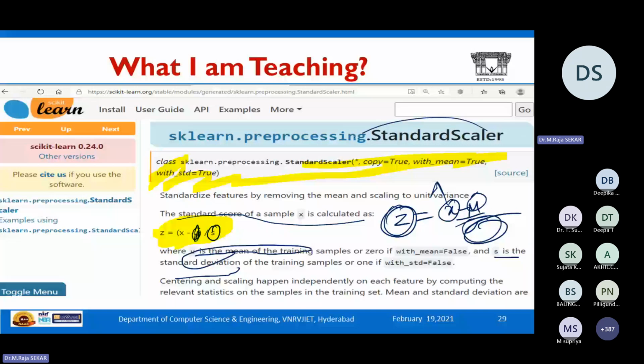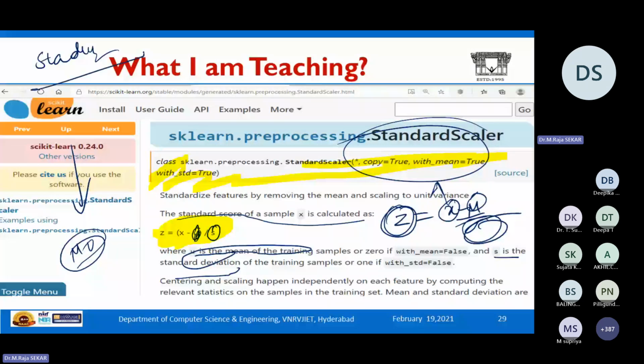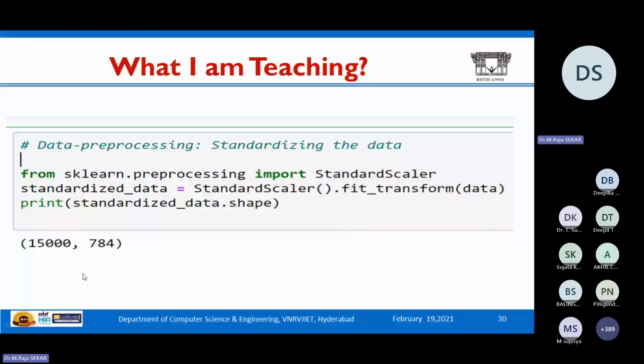In the case of standardization, what you are doing is converting all sample points to mean mu equal to 0 and standard deviation equal to 1. Simply, you are converting into a standard normal distribution. Why do we have to convert into standard normal distribution? What is the intention behind it? I request all of you to go through the standardization lecture. It may not permit me to discuss all those things. I did some pre-processing. I standardized data. After standardization, remember, my dear friends, before standardization, my data set size,